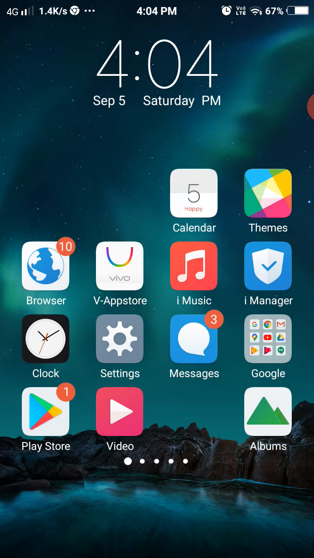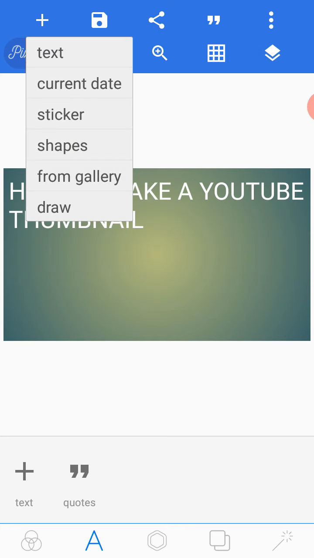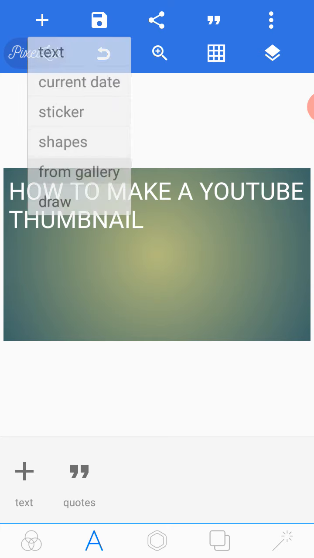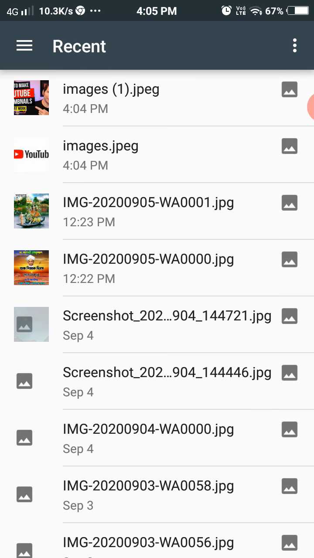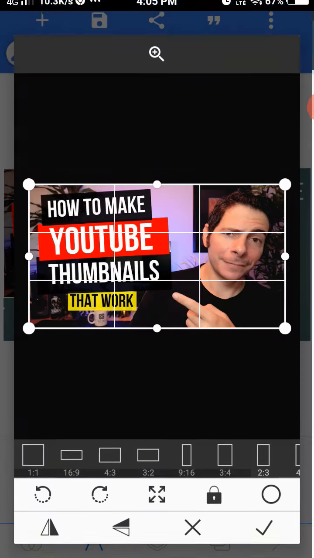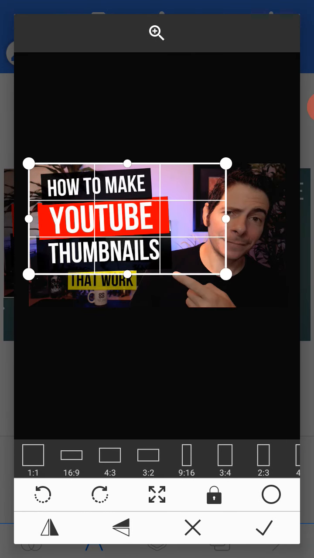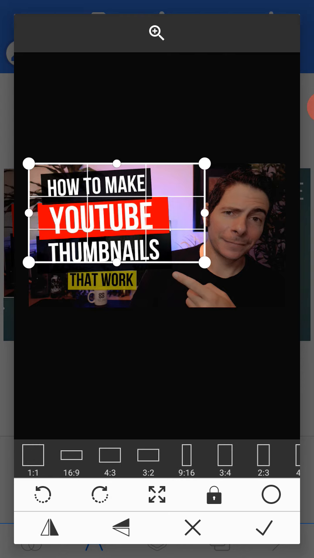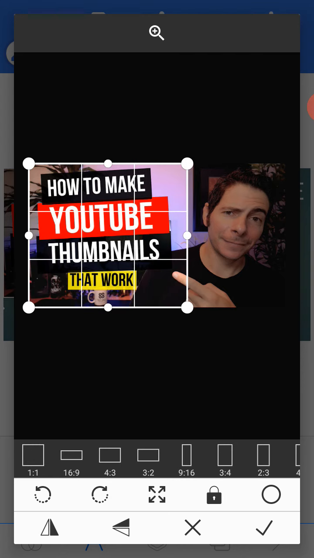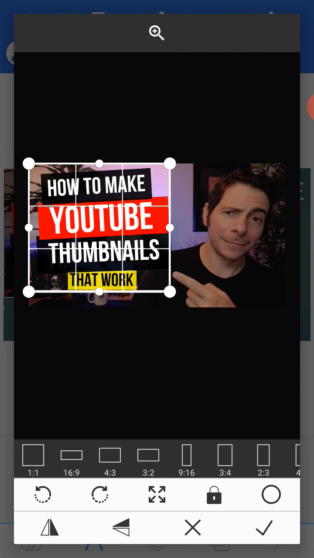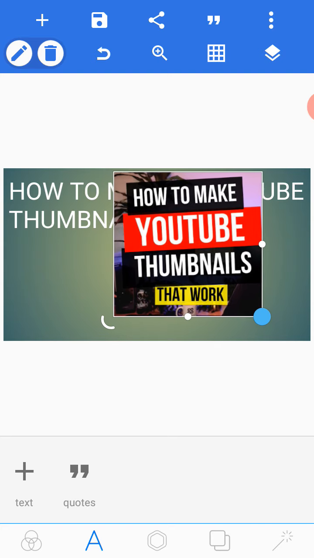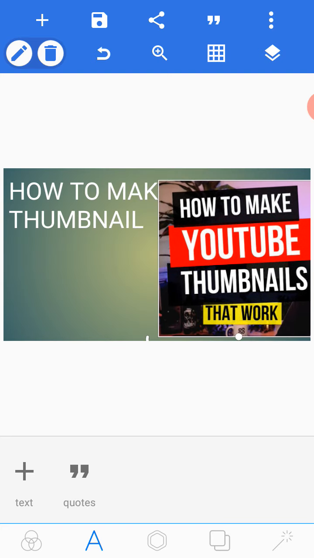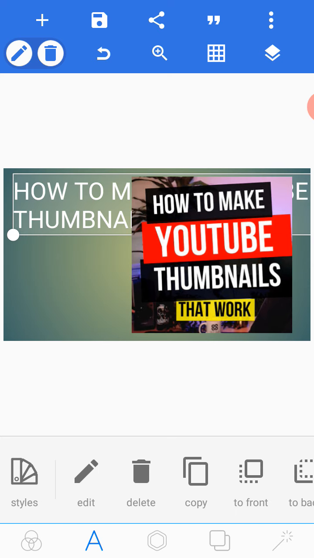Then I'm going to go to the application where I was and add a text, and add an image from gallery. Simply add this text over here: how to make thumbnails. Add it, and then add this over here.